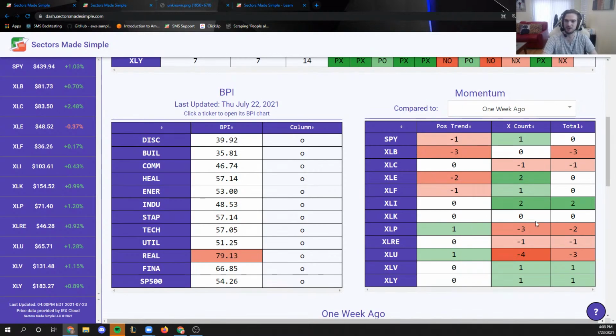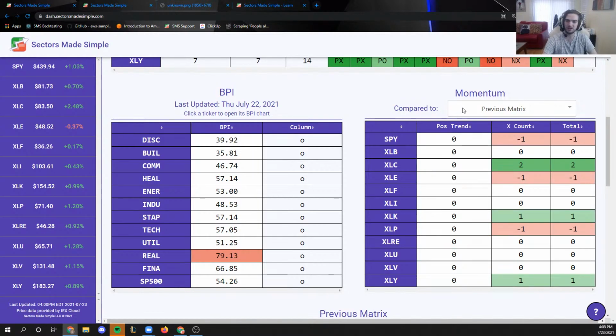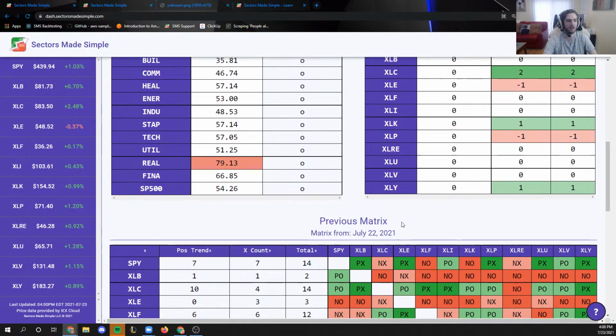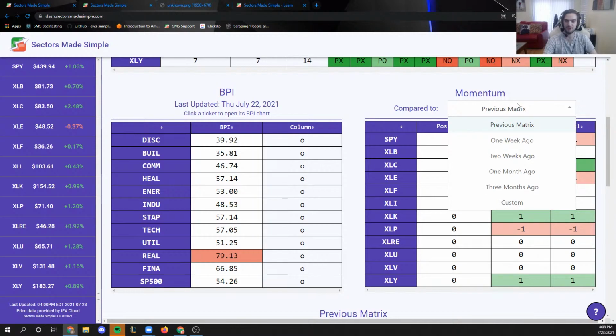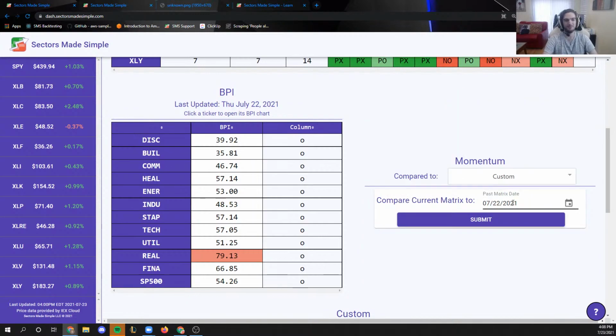So what we see here is the momentum compared to, and then we get to choose when we compare it to. When you first load up the matrix, you'll see it compared to the previous one. So today, Friday, is compared to the last matrix we have, which in this case was Thursday, July 22. But by clicking on this box right here, where you see previous matrix, you can choose what matrix to compare today to. We can choose 1 week ago, 2 weeks ago, 1 month ago, 3 months ago, or if you're feeling really adventurous, you can click on the custom matrix button, the custom momentum,